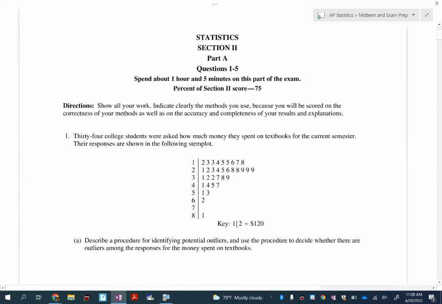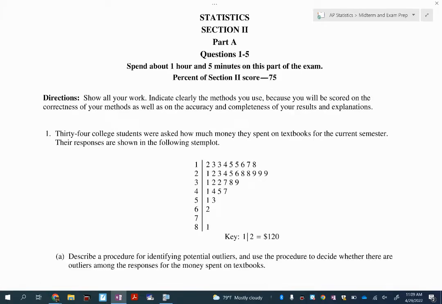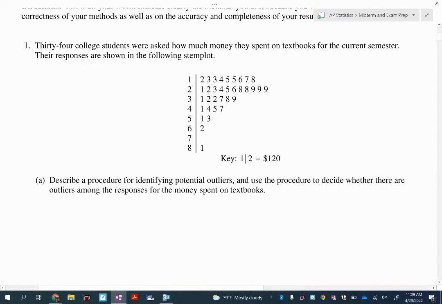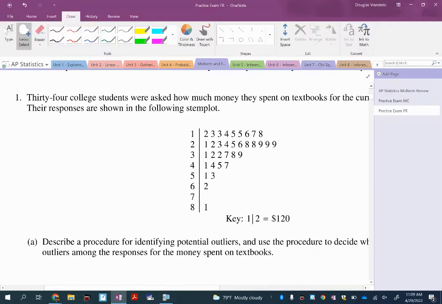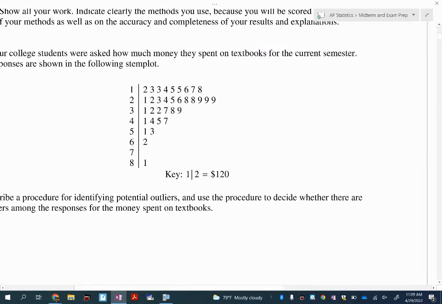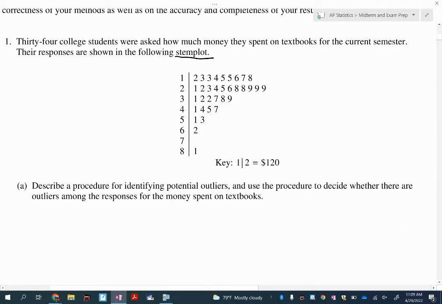Okay, guys, this is going to be the video where we talk about the first three questions for the AP Stats free response. So this one is about 34 college students and the amount of money they spent on textbooks for the current semester. And this is called a stem and leaf plot. It says stem plot, but we always called it a stem and leaf plot. And if you forgot how to read it, make sure you refer to that key. It tells you the stem is the hundredth place, and then the leaf is going to be what's in your